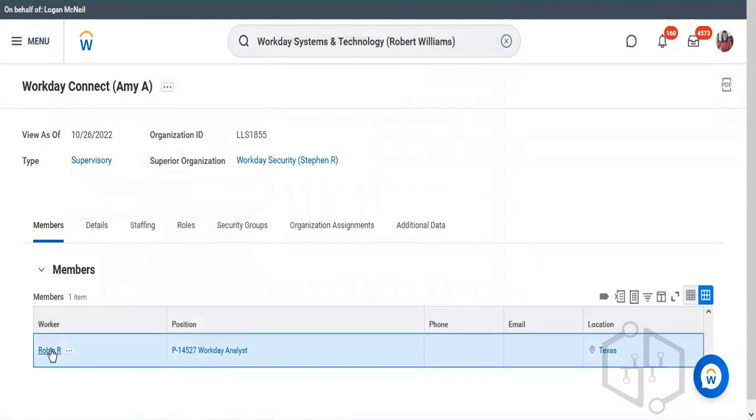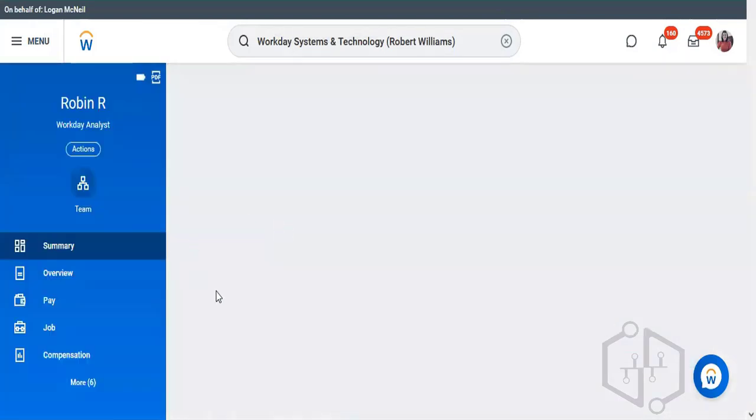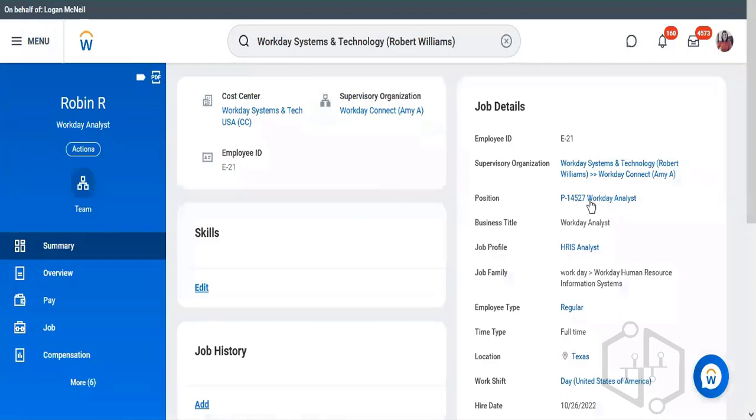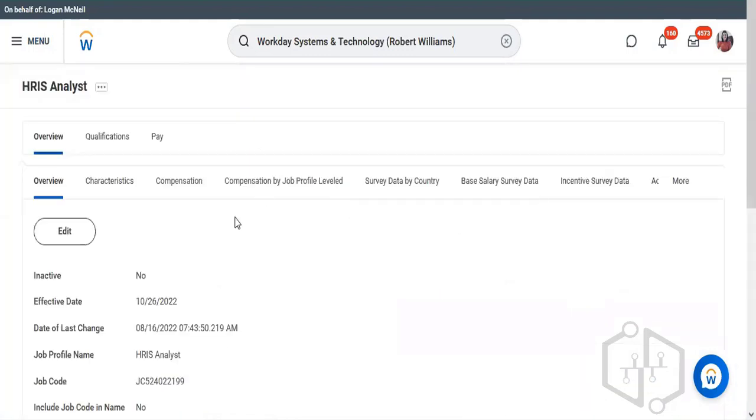So go to Robin's profile. You can see her position is Workday analyst. Okay. Job profile is HRIS analyst. So click on this HRIS analyst. And we see job family as Workday Human Resource Information Systems. We click on this